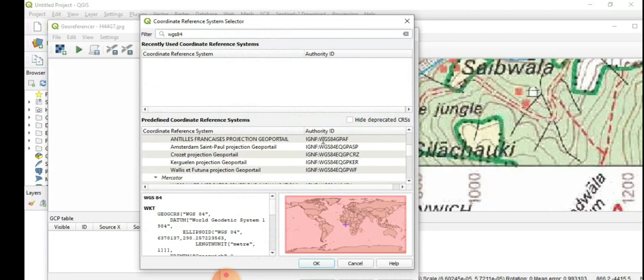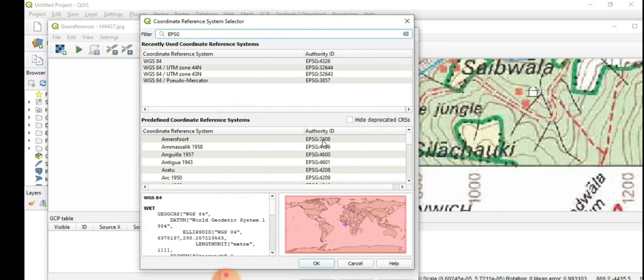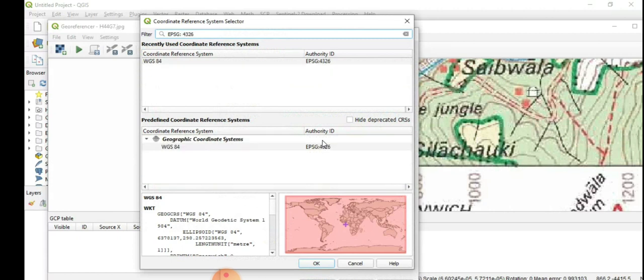In fact, I will select the code EPSG 4326. 4326 is the code for WGS84. So you can select this and click OK.